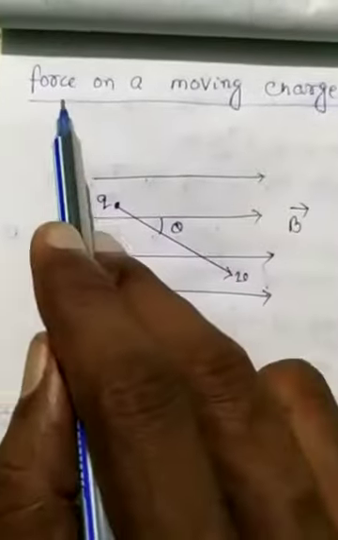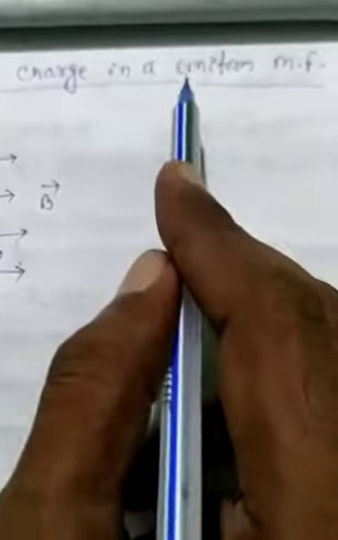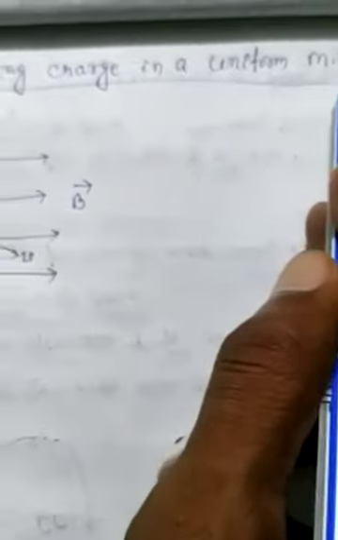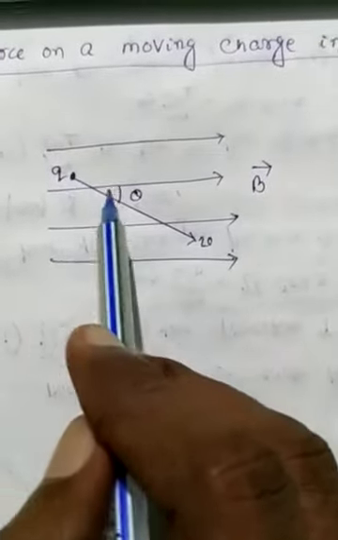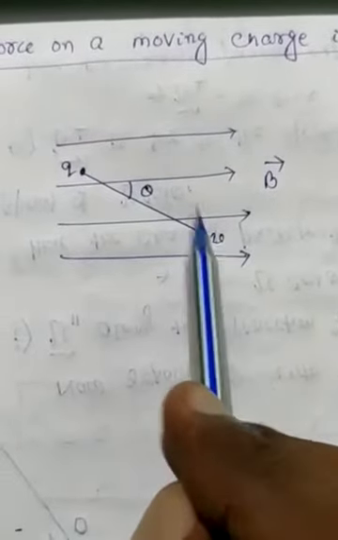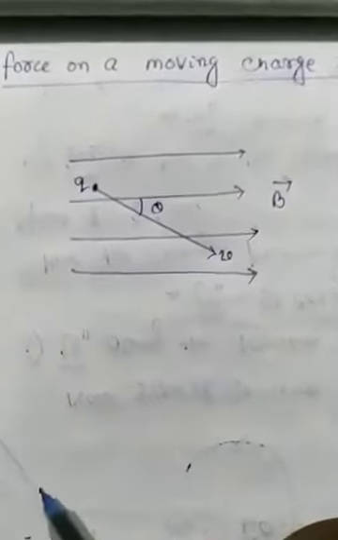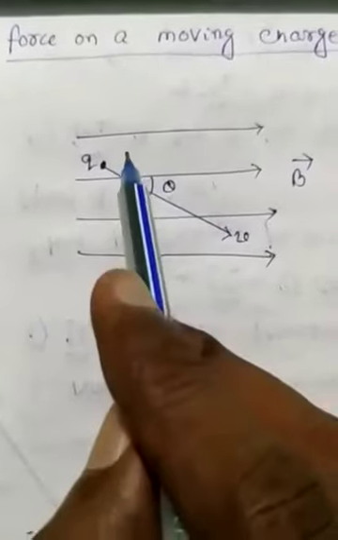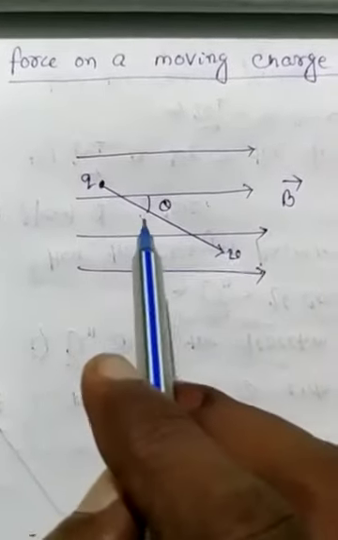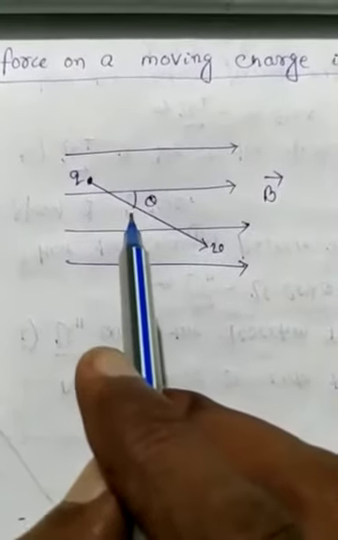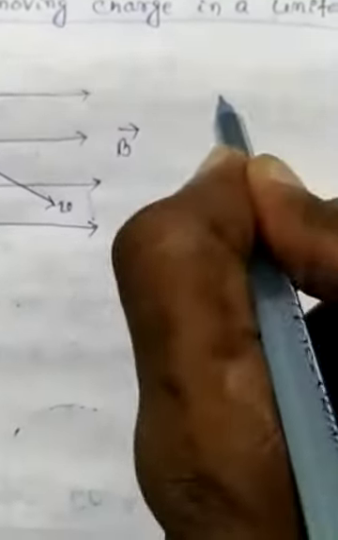Students, today we will read the force on a moving charge in a uniform magnetic field. Whenever a charged particle is in motion inside a magnetic field, how much force will act upon this charged particle? Whenever a charge moves across a magnetic field, it experiences a magnetic force, and this magnetic force is represented